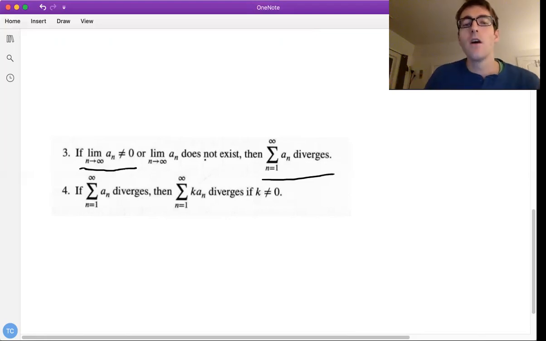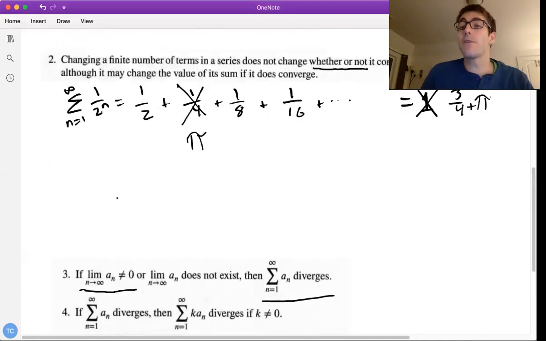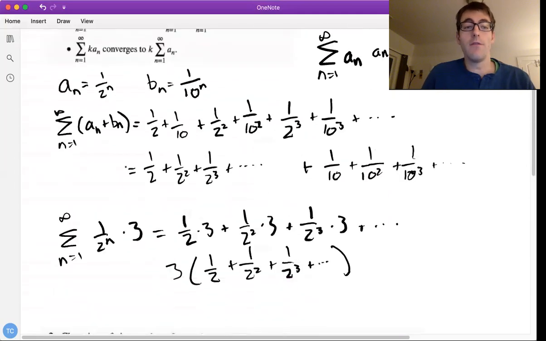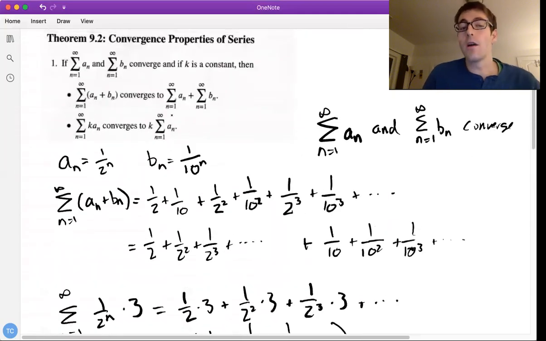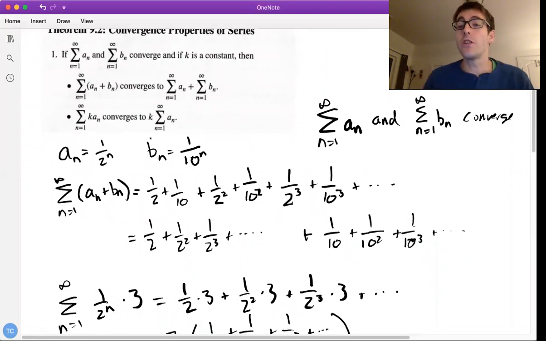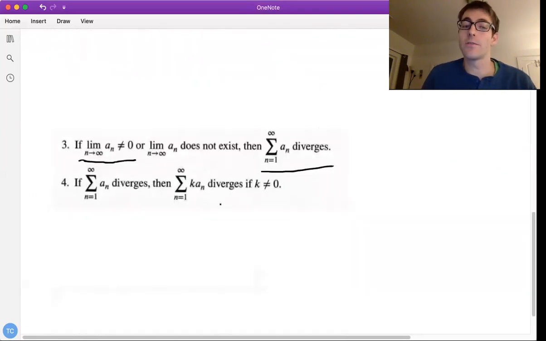Once you've got that, also discuss why if the limit just doesn't exist, then it diverges, and also discuss the divergent analog of the second part of statement 1: if we multiply through by a constant, that shouldn't change whether or not it diverges. Okay,